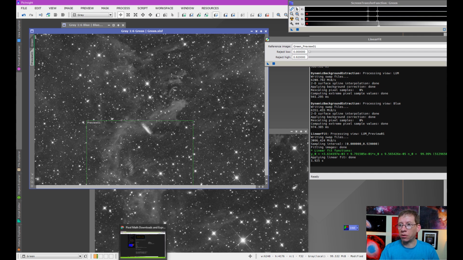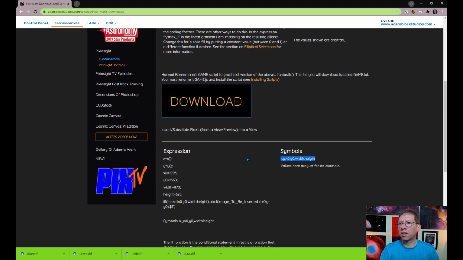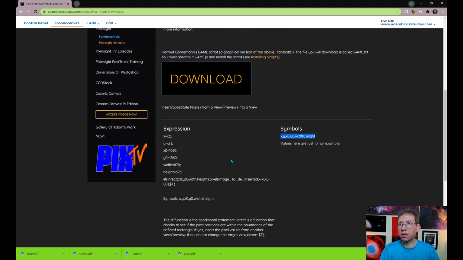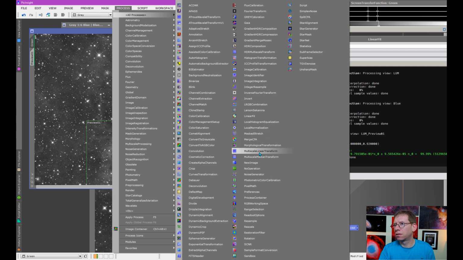It's available to everyone. If you visit my website at AdamBlockStudios.com, you can go to the fundamental section, and under Pixel Math you'll find that I make available to anyone who goes to the page some expressions. This is an expression I wrote that allows for this substitution. Basically, it looks at a rectangular region, takes one image and puts it into another in that rectangle, which is exactly what we have. So I'm going to copy this, then go back to Pixel Math and paste the